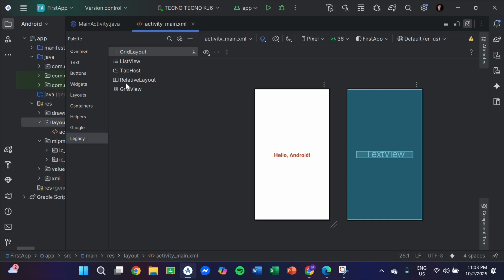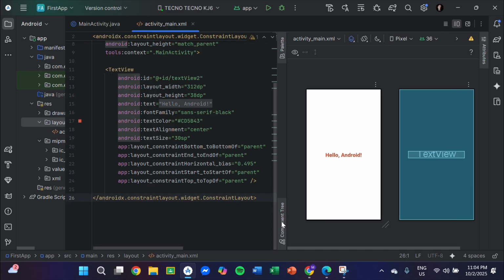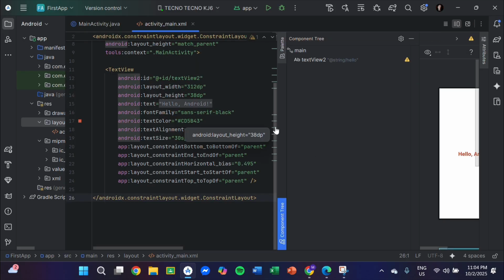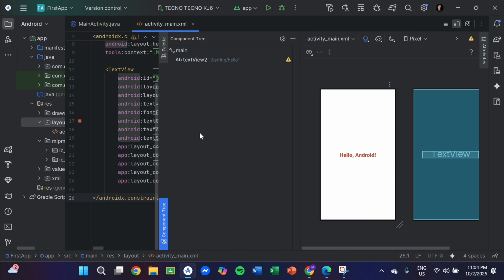And then we have also the component tree. So back to split and component tree. The component tree is very useful to show the hierarchical structure of your UI in a tree format. We use it for a better understanding of the parent and child relationship between layouts and views. Mostly this is used if you want to make a home screen, like there are a lot of cards here which contain icons that are clickable. So you understand the structure between the parent and child relationships.